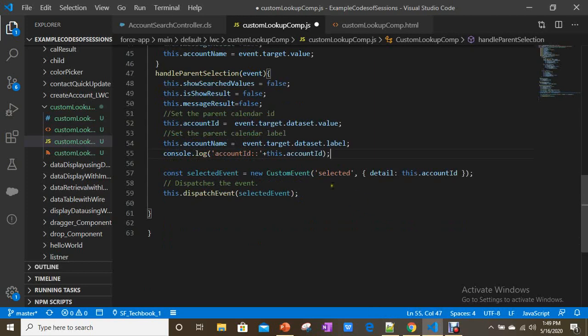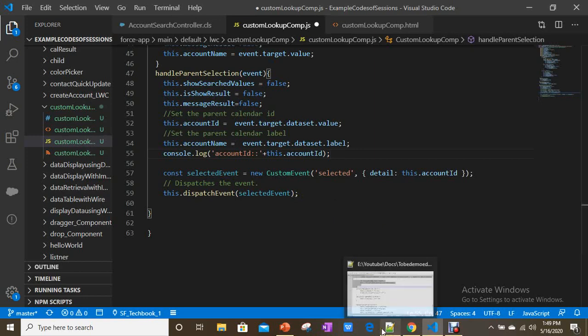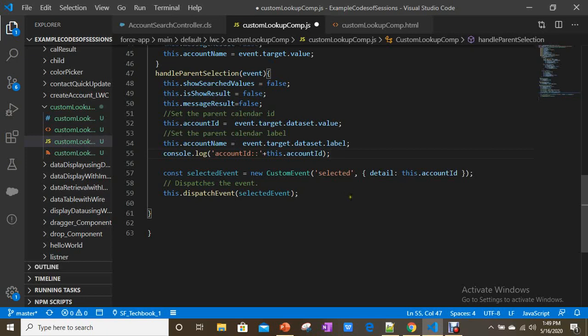After that, if you are going to use this custom lookup component in another component, a container or parent component, then you have to dispatch this event when the user selects something in this component. Then only can that event be handled in the parent component. And you already know how to handle or write custom events from the previous class.